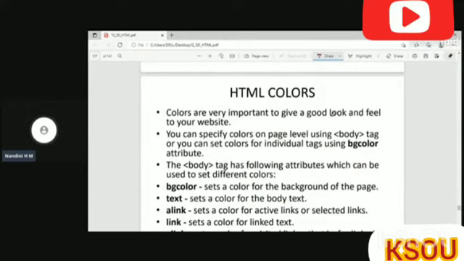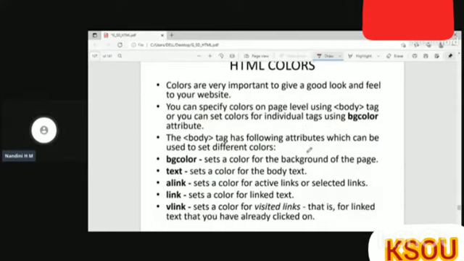Next is HTML colors. There are different representations of colors. As I said, we have hexadecimal representation, we have RGB representation. Let's discuss them one by one.